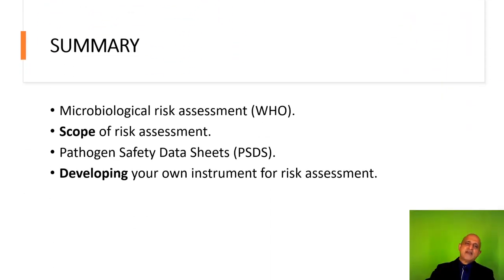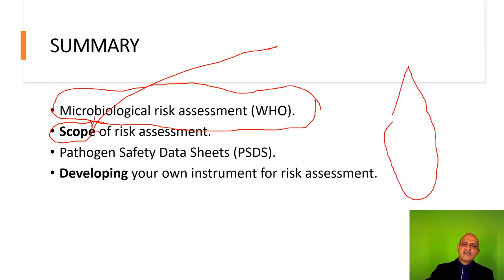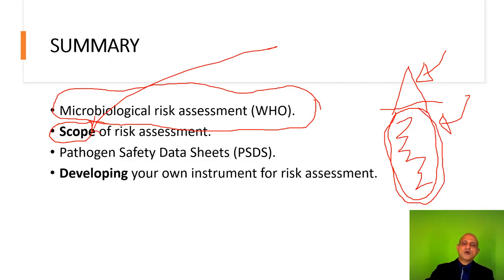This brings us to the end of this particular lecture. In this lecture, we are focused on microbiological risk assessment using the WHO LBM as a reference. We have understood the scope of risk assessment as I indicated in the iceberg example. There are certain risks which are seen and certain risks which are unseen, and no matter how exhaustive a biorisk management strategy may be, there will always be certain risks which you cannot predict. However, your role as a biorisk manager is to ensure that the risk assessment is thorough and comprehensive.